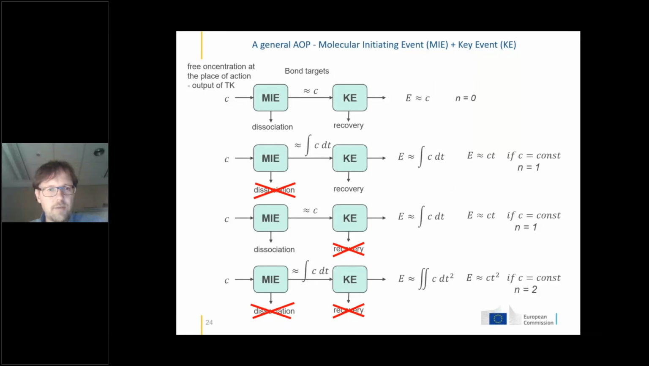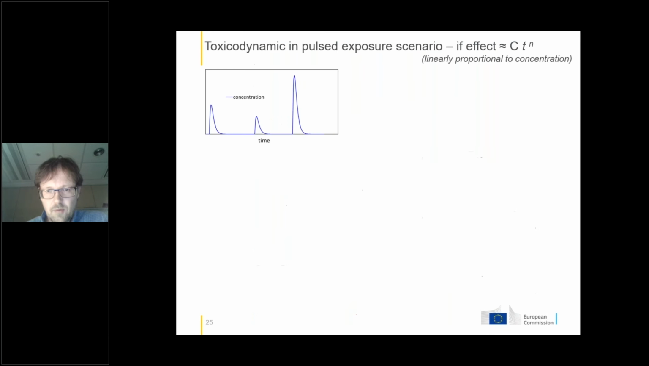So, but here I have to stress that this holds true only if the effect and the binding is a linear function of the concentration at the place of action, which might be the case for some chemicals, but we cannot expect that this is a general situation for all chemicals and all AOPs. But if we suppose that it is true, so it's linearly proportional to the concentration, then we can find these